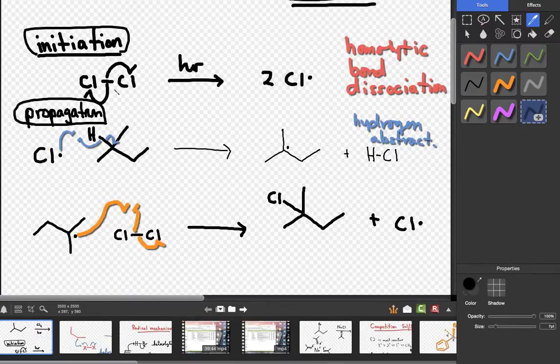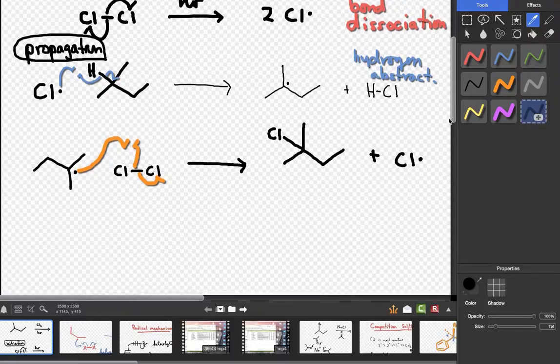I've used Cl2 to make two Cl radicals. But I used one of the Cl radicals, but then I later produced another Cl radical. So I still have two Cl radicals that are left. I produced a carbon radical, but I used a carbon radical. Let's just do a termination step